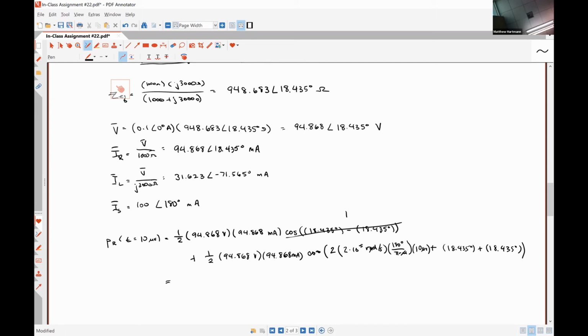So with that in mind, we're going to have 0.5 times 94.868 times 94.868 times 10 to the minus 3. So this is 4.4999, let's call it 5, plus 4.5 multiplied by that cosine bit there, where cosine of 4 times 10 to the 5 times 180 over pi times 10 microseconds, which is 10 times 10 to the minus 6, plus